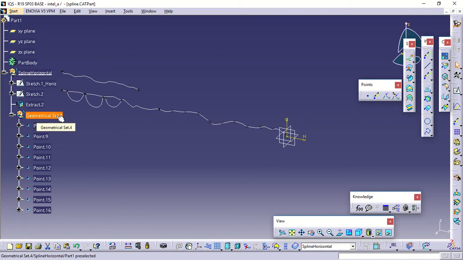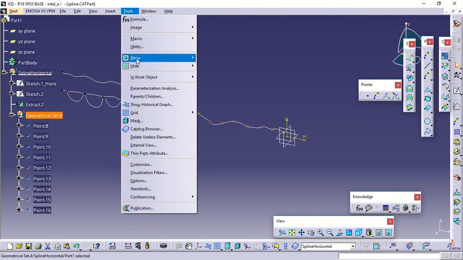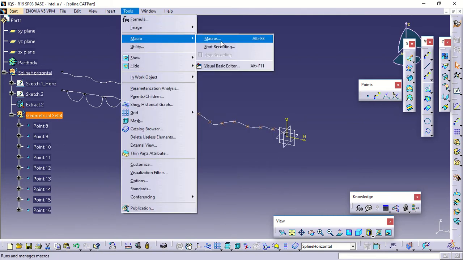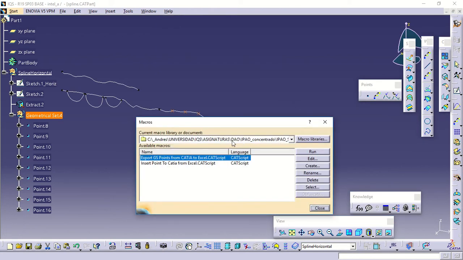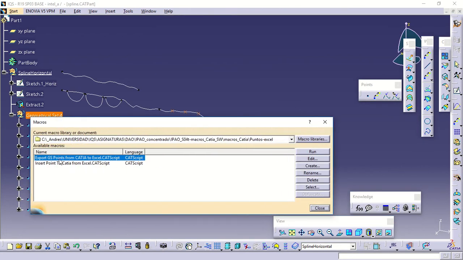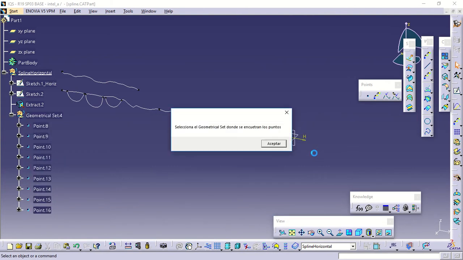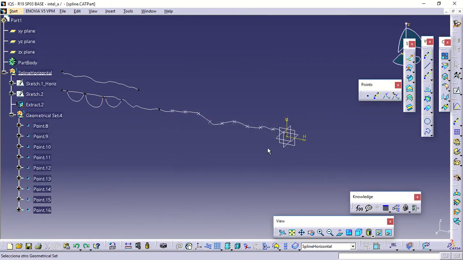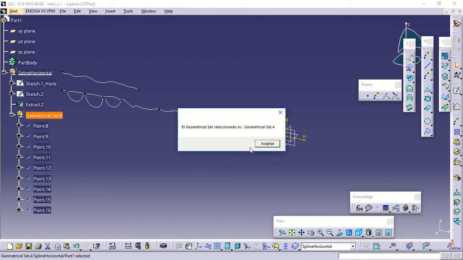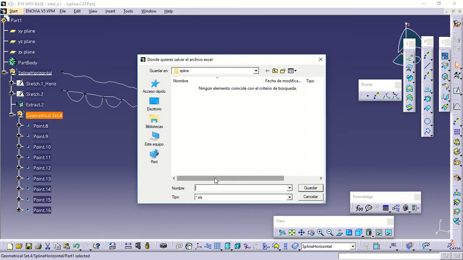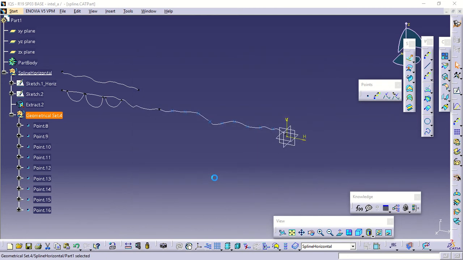This is the geometrical set that we want to export. So tools, macros. We have this macro created in our lectures. So export to Excel. So we can do export this geometrical set, and then we say output spline, and we hope,